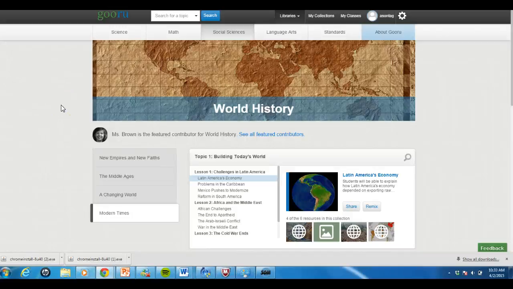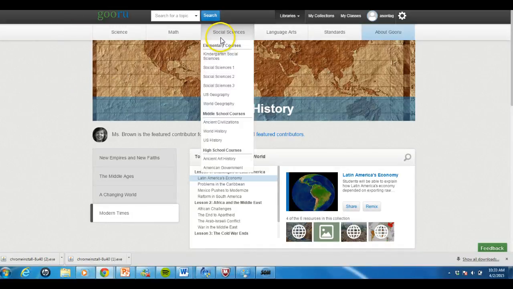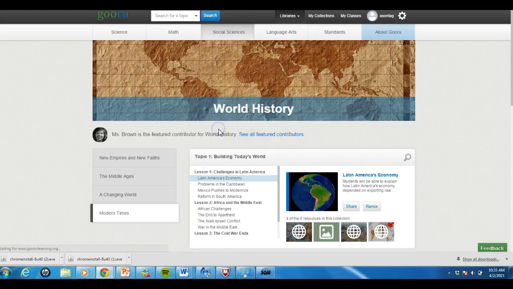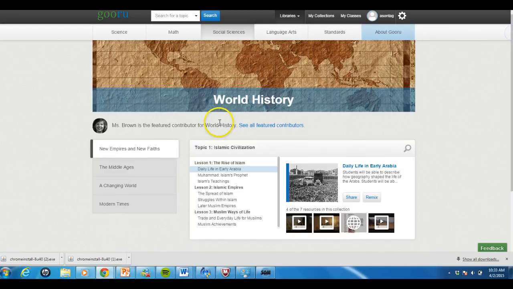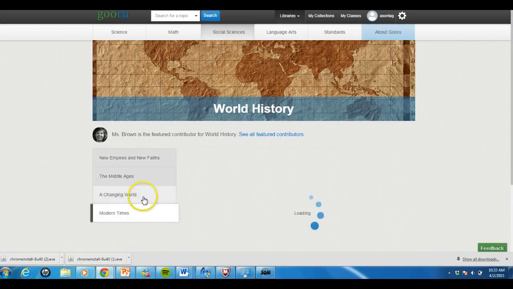This screencast is to use the source Gooru and to find some resources that I found valuable on this site. First, we're going to use the social sciences and go to middle school courses, and the subject we're going to use is world history. When we get to the world history site, I'm going to go over here to the left to modern times,